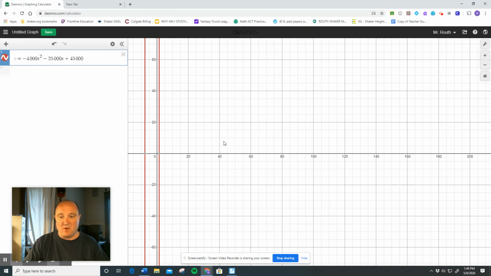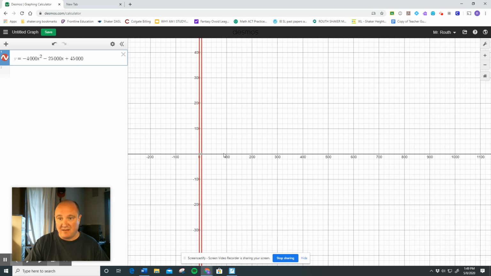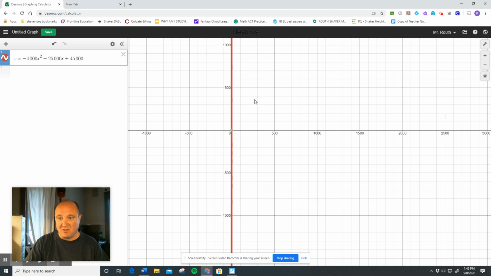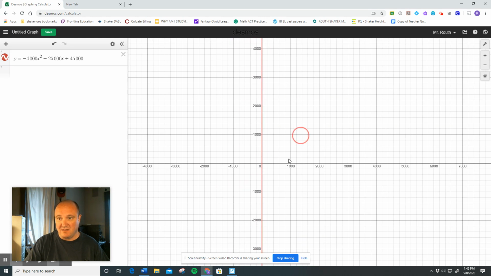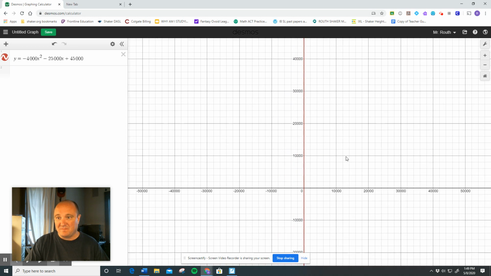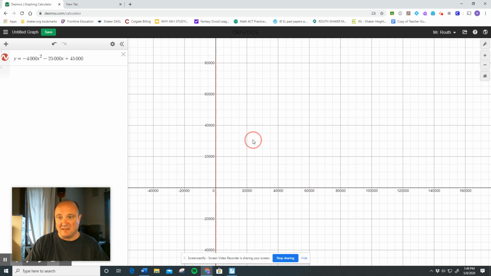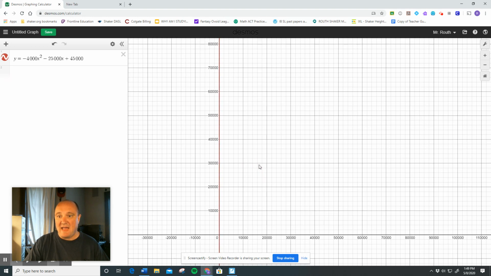Now, normally what we want to do is scroll out so we can see the vertex. I know that this has a negative a value, so it's going to be a down opening parabola, so the vertex is up here. But just by scrolling out, I really don't get a sense of what this parabola looks like. It almost looks like a line. The problem I'm having is that it's too narrow. So what I want to do is change the scale on the x-axis to